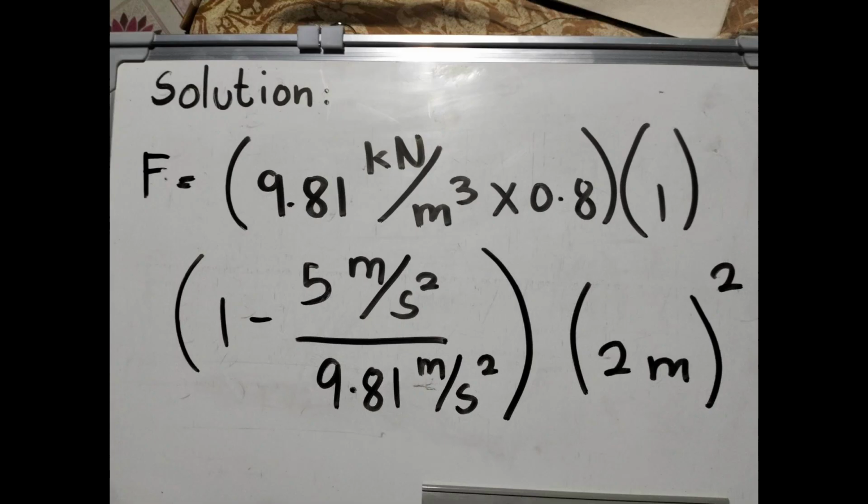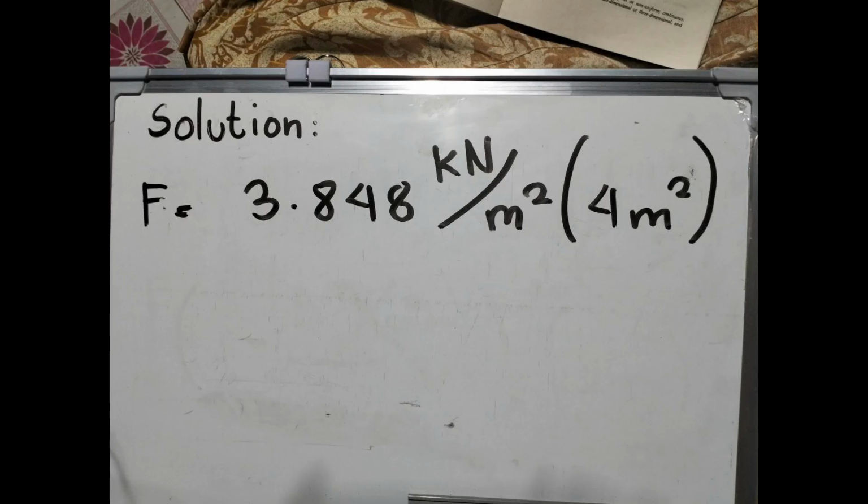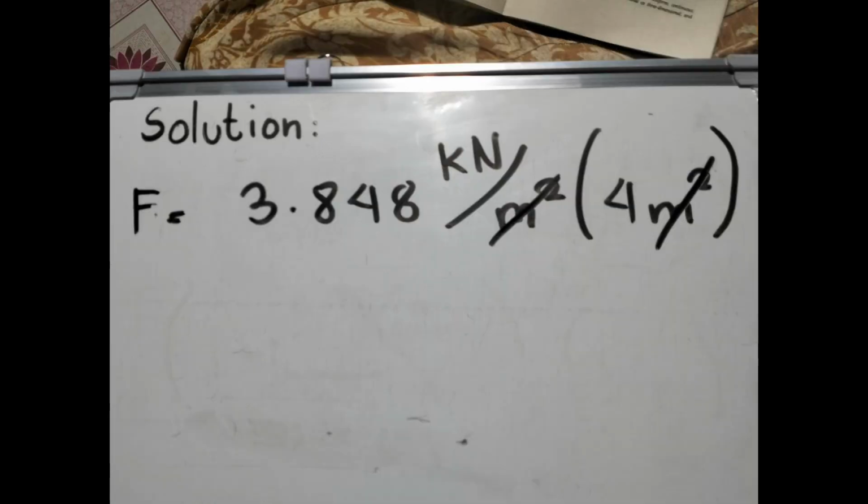We just have to substitute the value and we now have 9.81 kilonewton per cubic meter multiplied by 0.8 multiplied by the height of the center of gravity multiplied by 1 minus 5 meter per second squared all over 9.81 meter per second squared multiplied by the area, which is 2 meter raised to 2. We cancel the meter per second squared unit and meter unit, giving us 3.848 kilonewtons per square meter multiplied by 4 square meter. We're gonna cancel out the square meter unit, leaving us with a final answer of